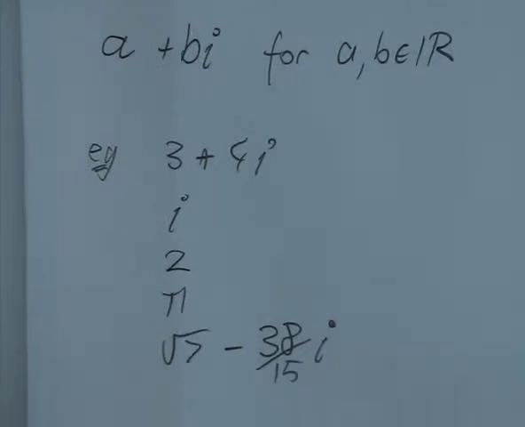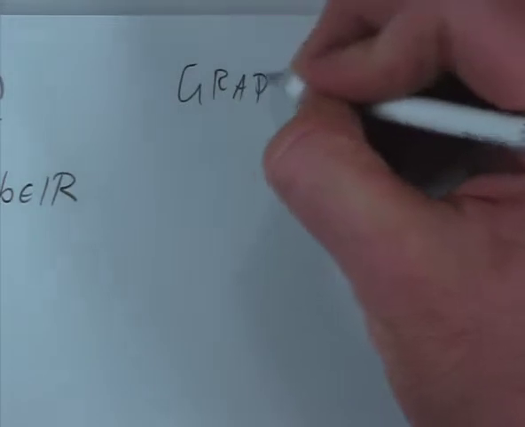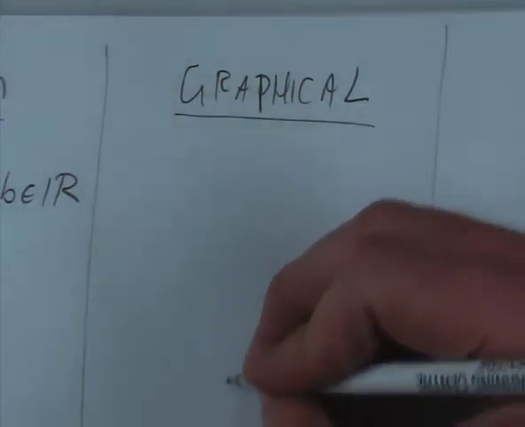Now, there is a second form, which is the graphical form. We can represent any complex number on a graph. So the reason why it's called Cartesian form is because you can represent it on a Cartesian coordinate system. The ordinary x, y coordinates that you know are actually called the Cartesian coordinate system, and so that's why it's called Cartesian form. So the number a plus bi,